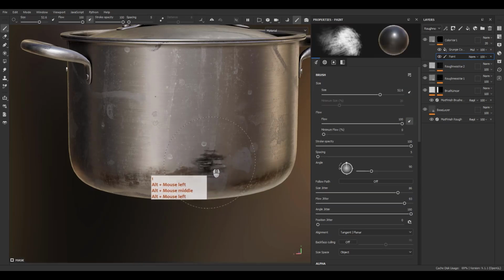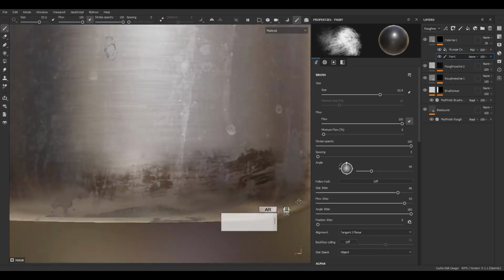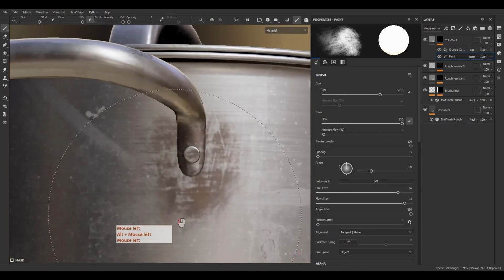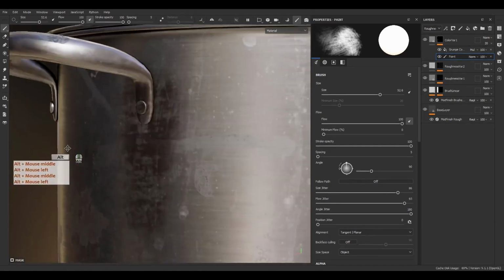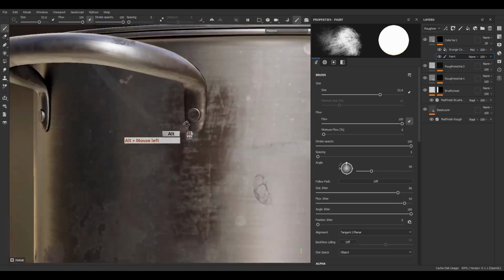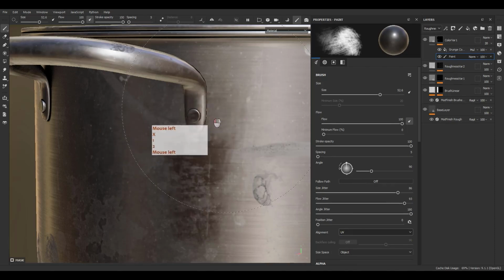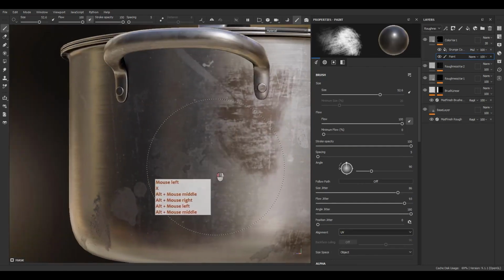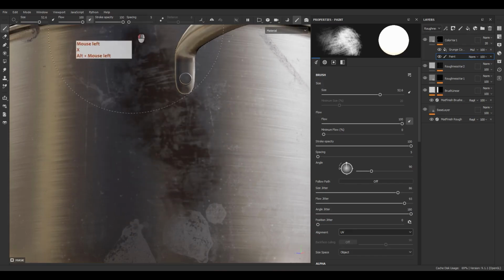Okay, so let's go back to the brush mode, and yeah, let's add some color variation here like this. And if you want to just paint on the body, not on the connection part, you can change alignments to UV, and in this way you can paint on the body. Okay, that's it. And let's add some variation here